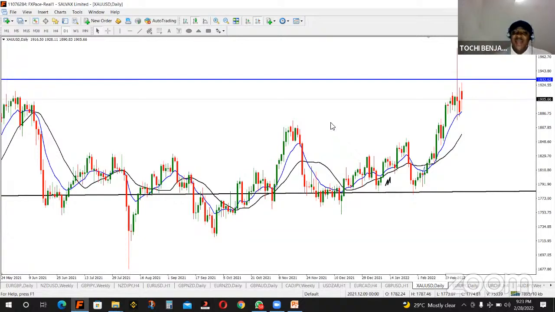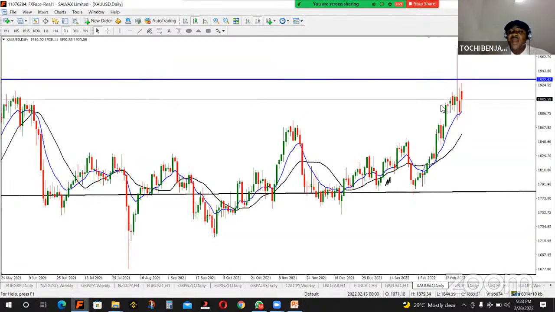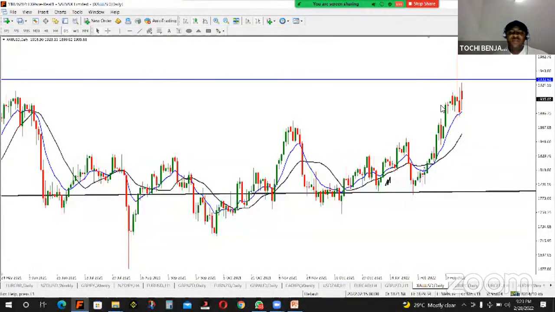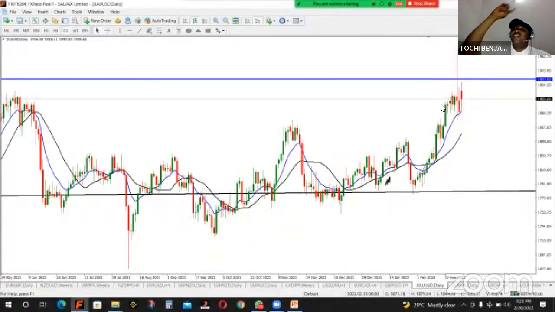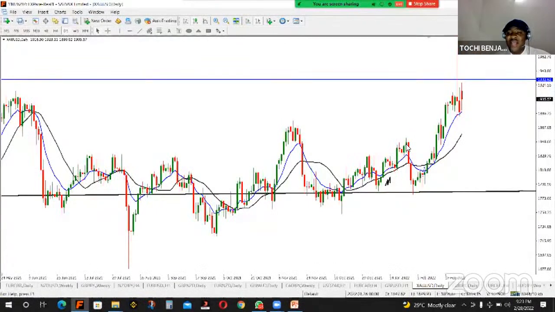Anything that has charts, you can trade it. Even if they say Nigeria now, they put it in a chart, you can trade Nigeria. Anything that somebody tells you to solve for him, tell the person, put it in a chart, I will solve it. That's what I tell people. Anything that has a chart in this world, I will buy it and sell it. I don't need to hold the physical thing. As long as it has a chart, I know where to buy and where to sell. So that is what we're talking about.